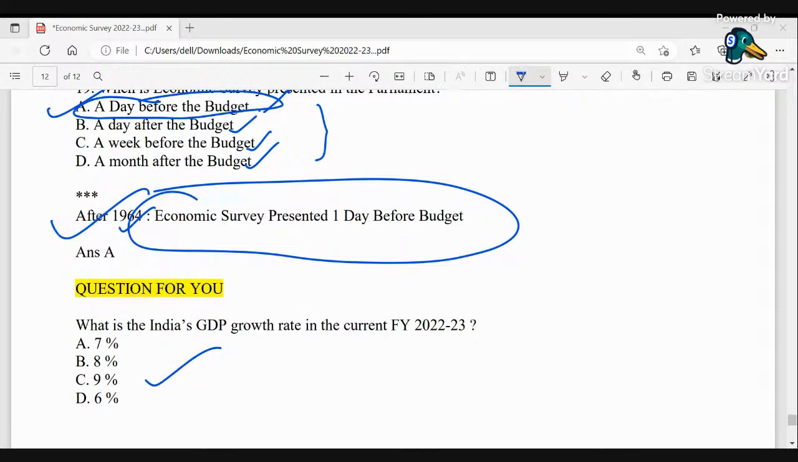So the people who have said the D option, that is the 6%, okay, this in the very first, if I directly go to the very first thing,